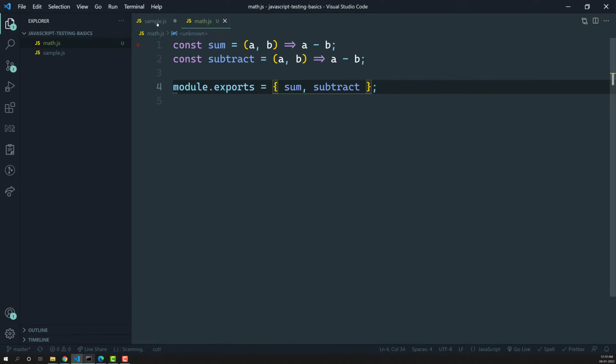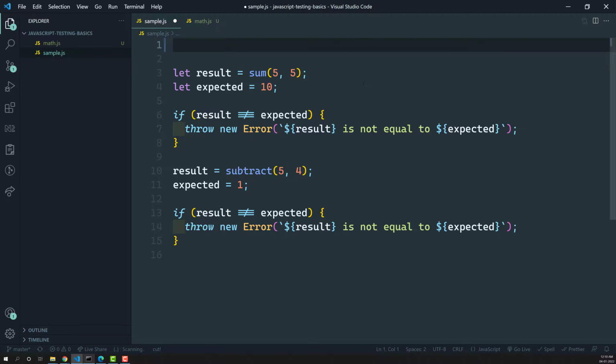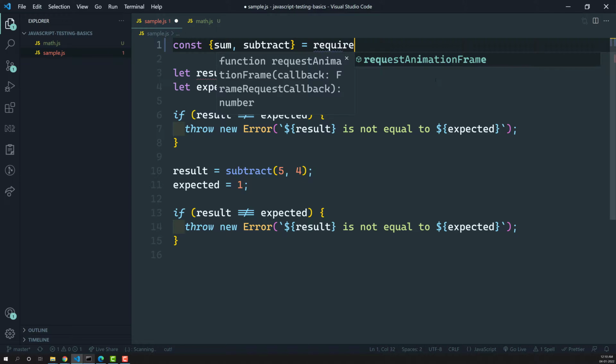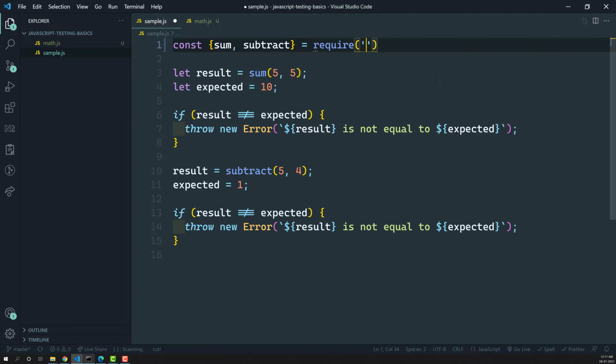That's it. Now let's go to sample.js, and in order to use this sum code, we need to import it here. So: sum, subtract equal to require of the math.js file. Okay, so that's it.